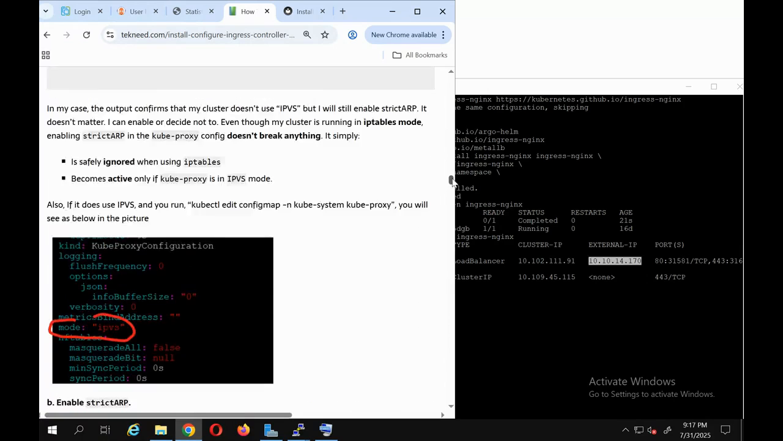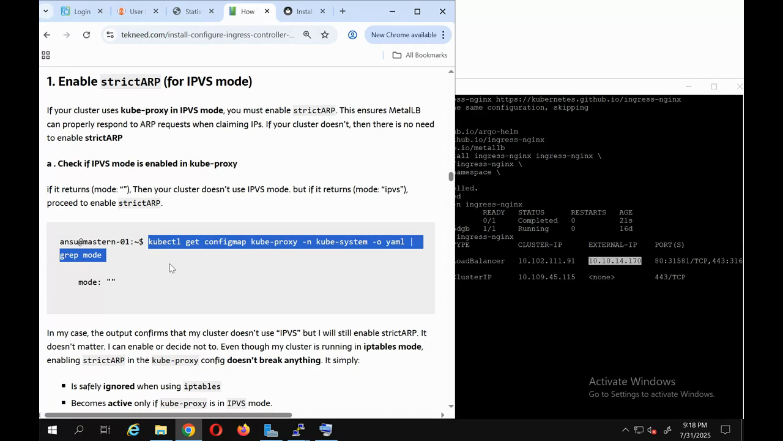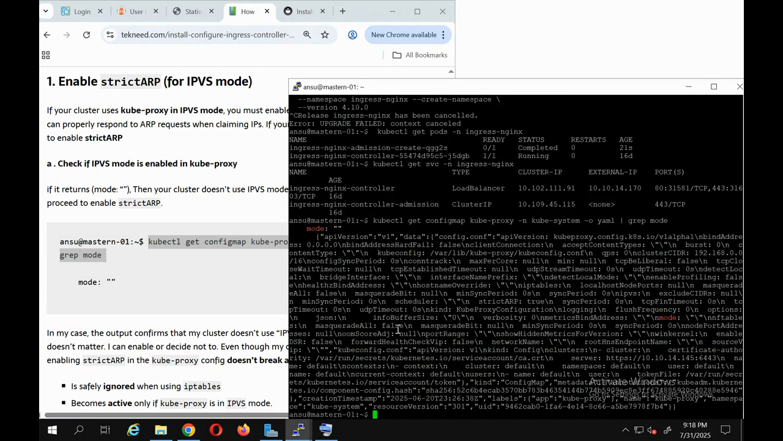The first step you will need to take in installing MetalLB is to enable strict ARP for IPVS mode. Meaning that if your cluster uses kube-proxy in the IPVS mode, you must enable strict ARP. But for my own cluster, it's not actually using it, but I still did enable strict ARP. So here, if I run this command here,